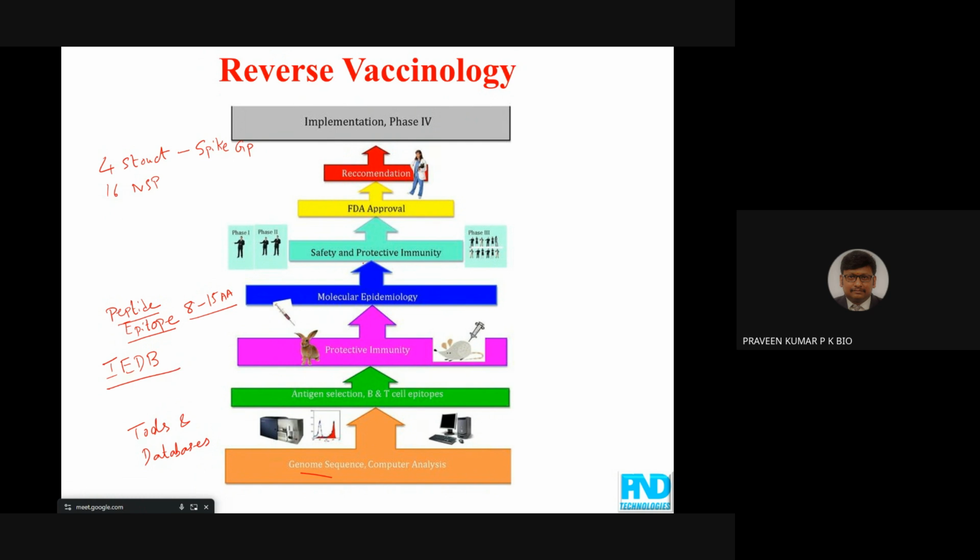If you want to study epidemiology, we can study the epidemiology patterns and screen the best epitope according to the epidemiology. Like I told you, a vaccine designed for Indians definitely won't fit Africans and Americans, so we have to design for them specifically. Considering the molecular epidemiology, we go with appropriate peptide-based epitopes, and initially we try with healthy volunteers, around 100 and above up to 1,000. Then we go with phase two.